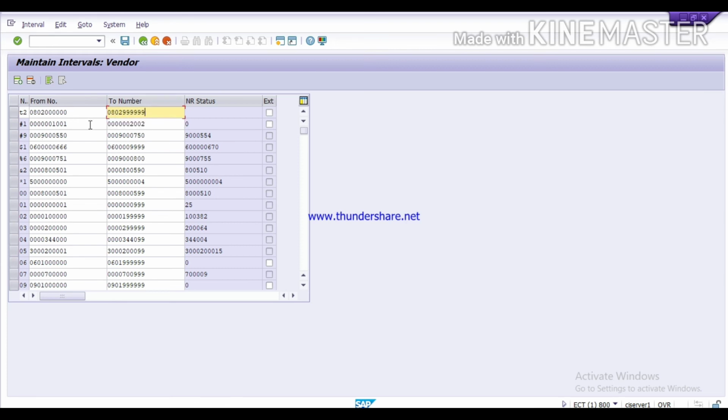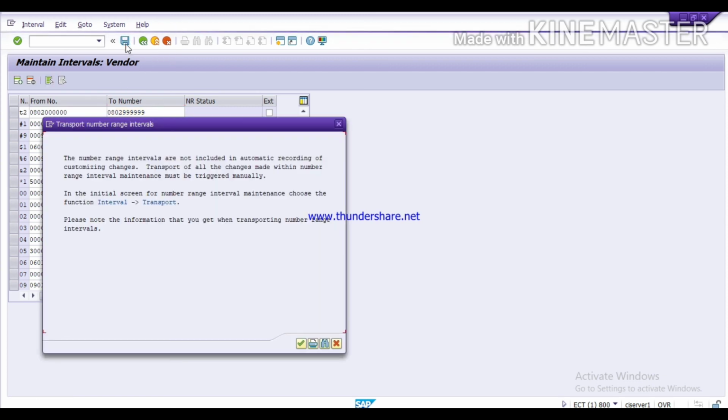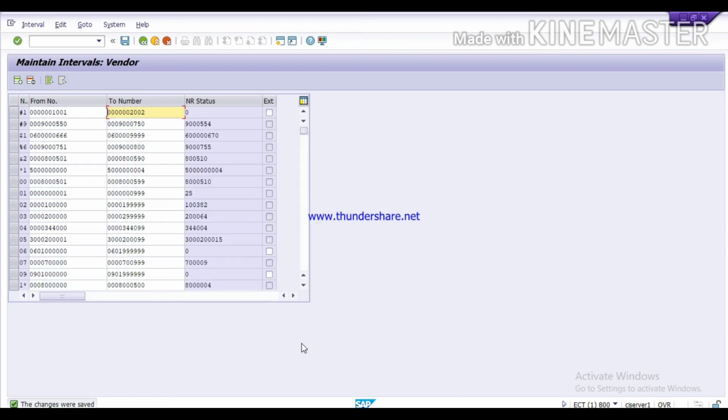Give as per your requirement. Then save. Continue. Data was saved. We'll get back.